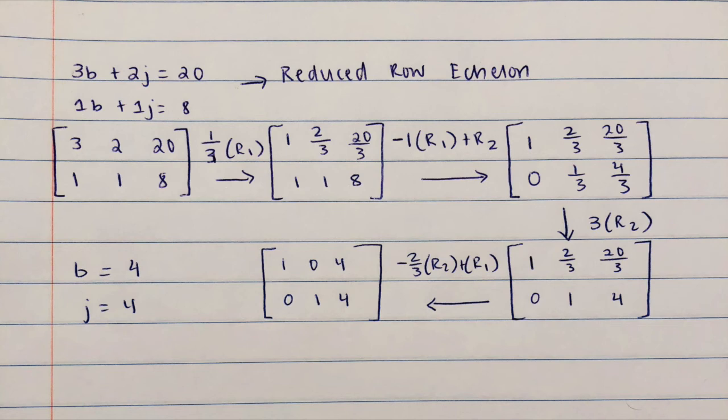Now this reduced matrix will give us the values for b and j, which are both 4. This means that Sally can buy 4 loaves of bread and 4 bottles of jam to